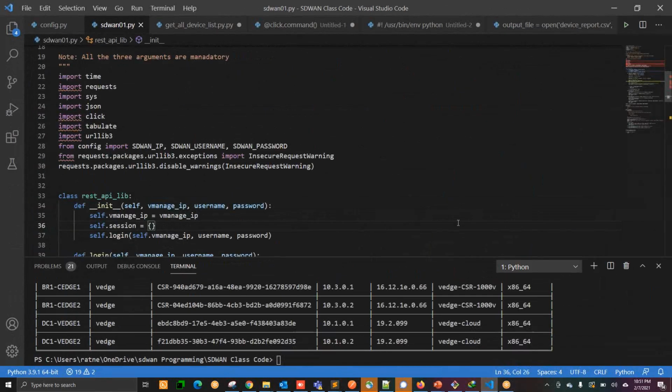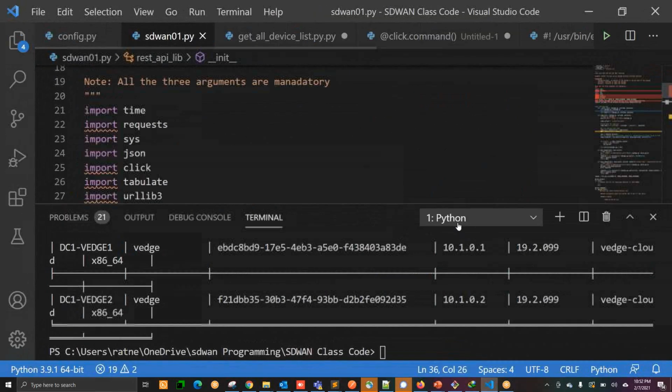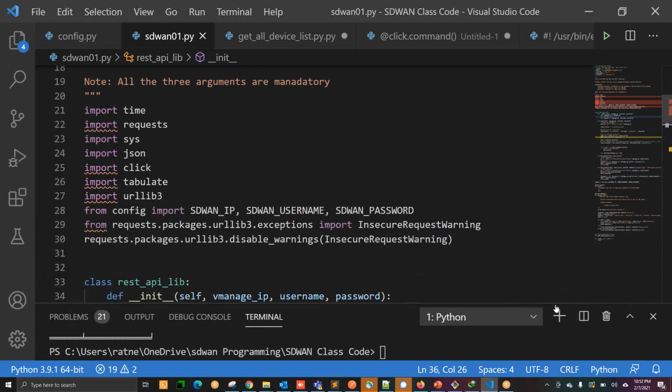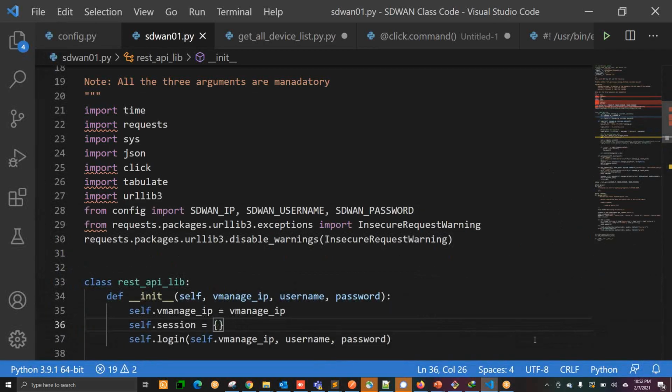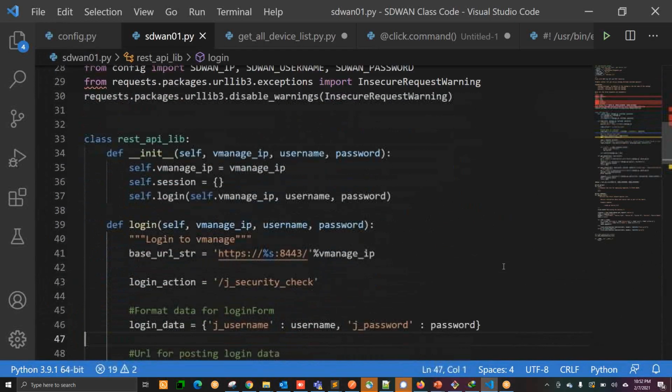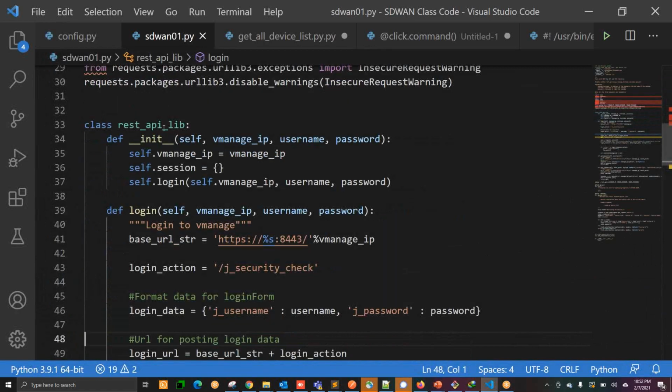Okay, so let's continue our understanding about the APIs, about this program at least. Let me make some space here. I can go and close that as well. Okay, so what you need to understand from here is the library. I'm going to explain each and everything from this list. Then we'll run the program, and then we'll do some modification, and then we rerun. We are going to add some packages and modules here as well. So far, if you have any question, please feel free to ask.